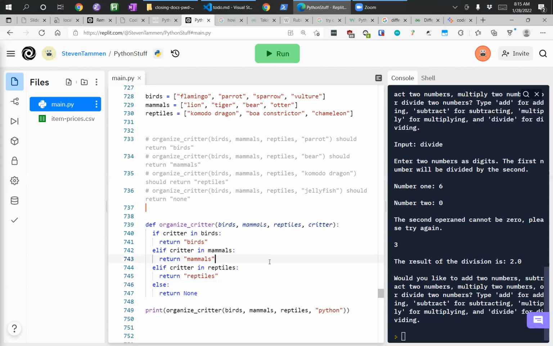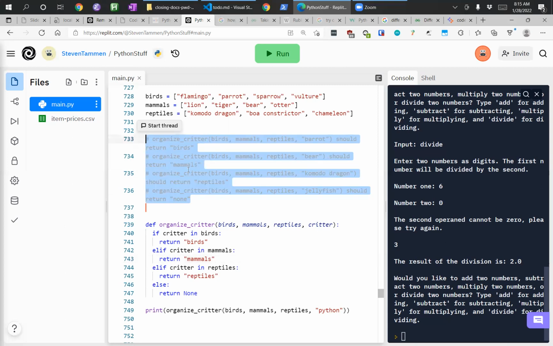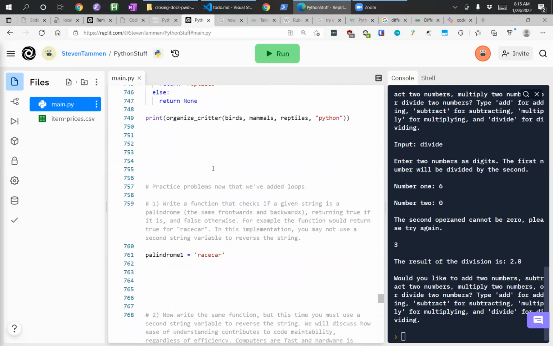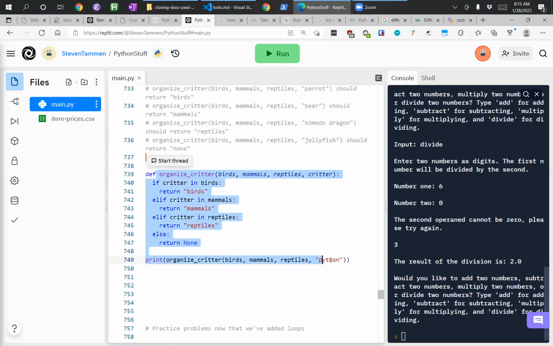I won't be a perfect judge of exactly where you are, but the goal is for you to be comfortable with this. And a level of comfort is measured in how quickly you can take a problem like the ones that we're doing here and solve it. From a production standpoint, most of the things that I've written for you here will take me less than 5 minutes to write, probably only a couple.